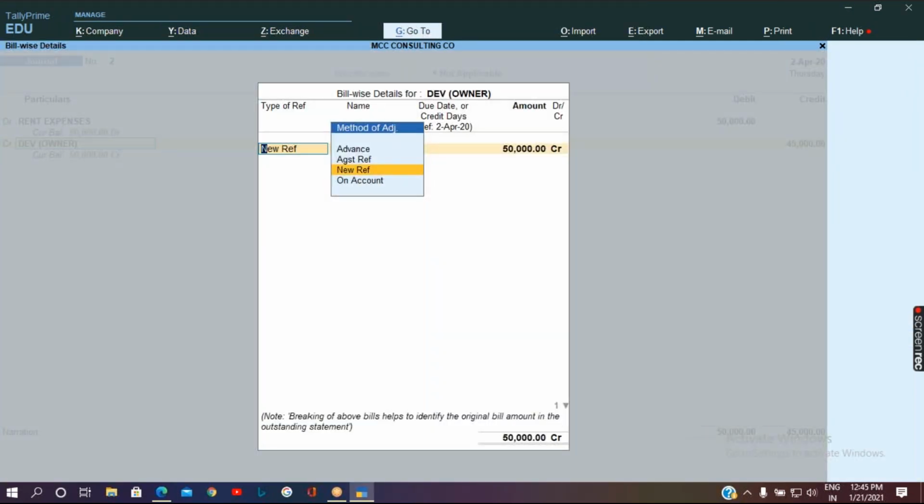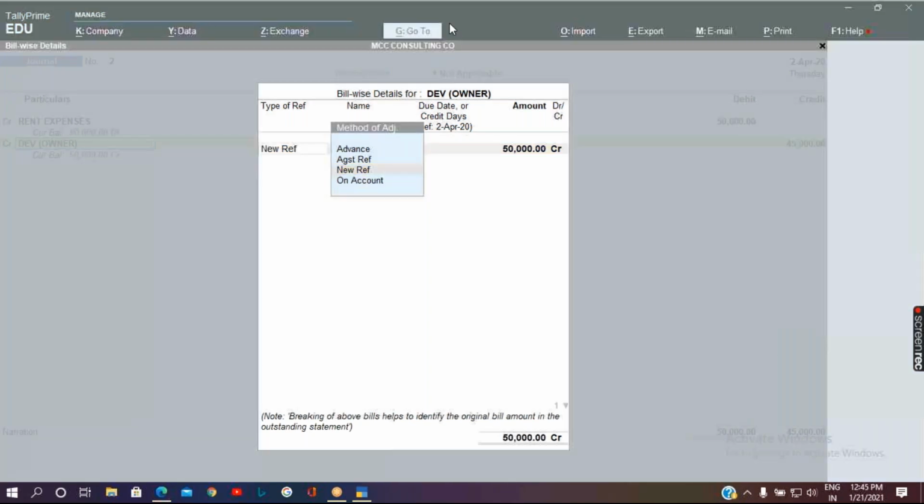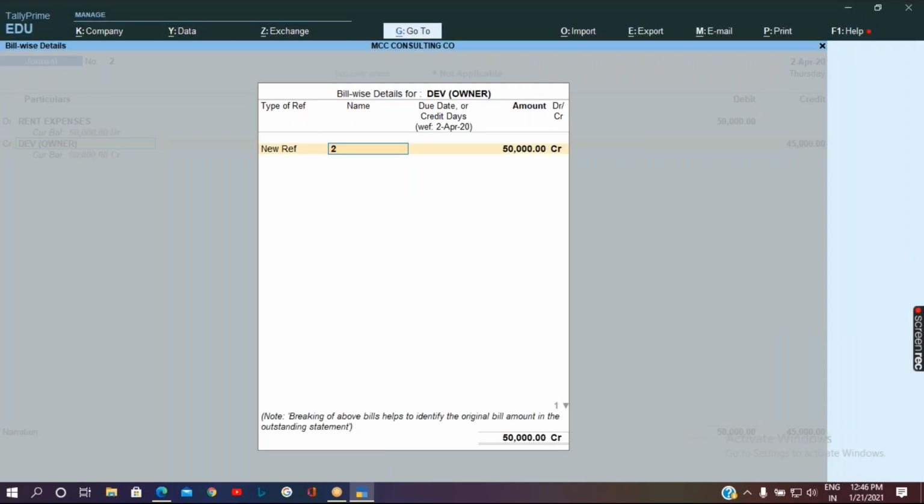As soon as you select the party ledger, it will ask you to select the reference type. Here I'm supposed to select a new reference and give the reference name, so that it will be easy for you to know for what purpose this reference has been used. I'll name it as the rent related to the first month.